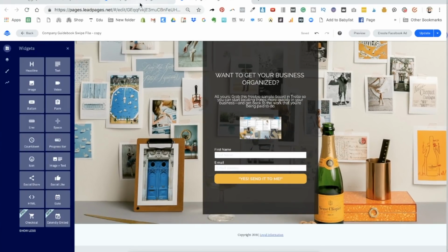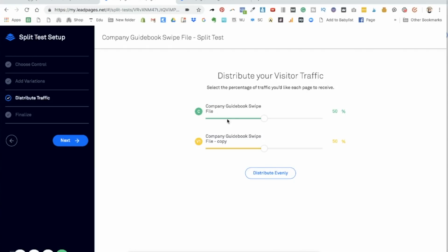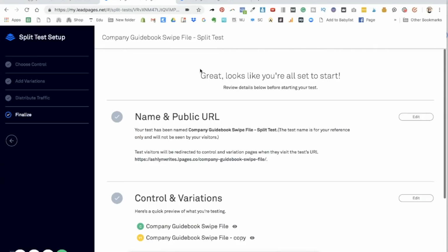Okay, let's go back to our split test page. Here it is. We see our variation with the different copy up at the top. I'm going to click distribute traffic. That's next. I want it to go 50-50, distribute evenly, and then we can finalize it. So it will run both of those, and that is how you can get started trying to test out different